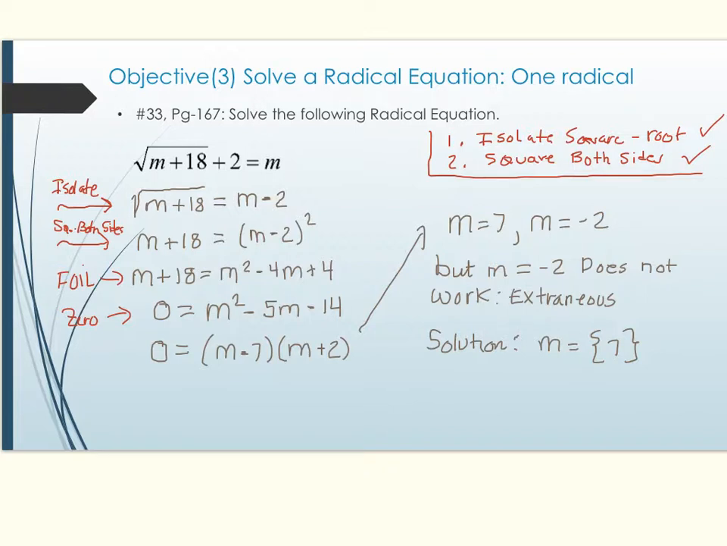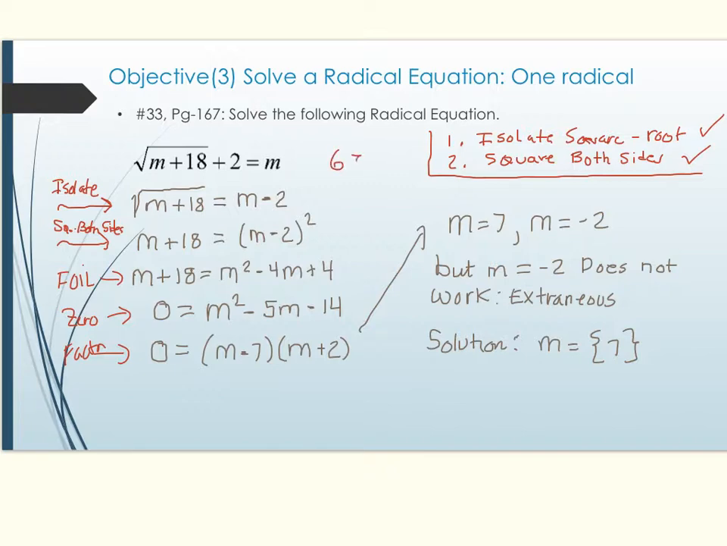So now 0 can be factored, so we factor. And it's factorable into m minus 7 times m plus 2. And we see that we get the roots, m equals 7 and m equals minus 2 are our roots. But m equals minus 2 does not work. It's extraneous. Why? When we plug it in, we get a 6 on one side of the equation, and we